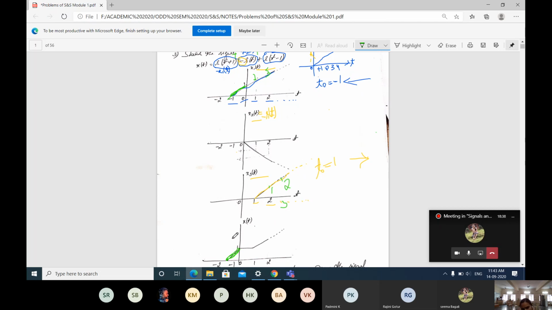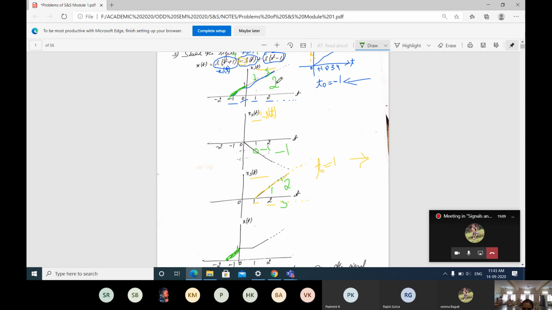Then what do you have to go for? We finished from minus 1 to 0. Next I will go from 0 to 1. Observe here. Here it will be magnitude 1. Here it is going to be 2. Here, observe 0 to 1. What is the magnitude value here? It is minus 1. Here it is 2. Here it is minus 1. Here we don't have any signal.